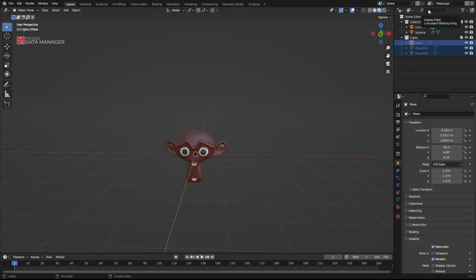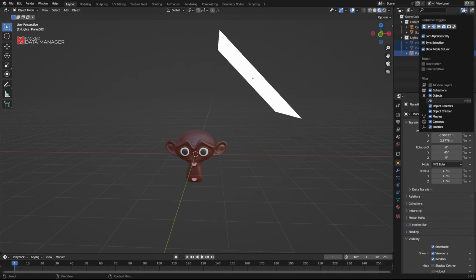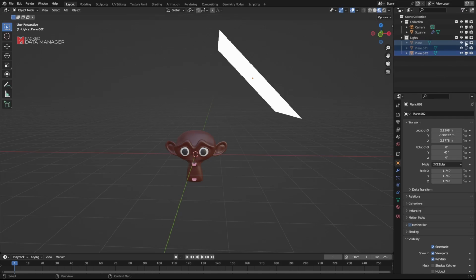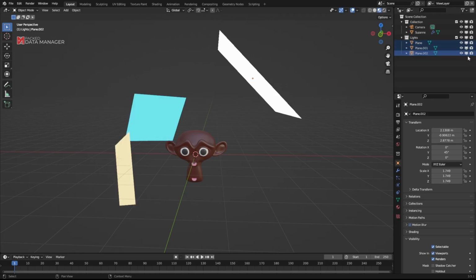Now we want to make them visible again. So we select all of them again and hold Alt and select Viewports. What happened? Only one of the objects became visible. So in this case, holding the Alt button and selecting the property does not work. A workaround is to enable property here so that we can now click and hold and drag over all the objects to toggle the visibility on or off.